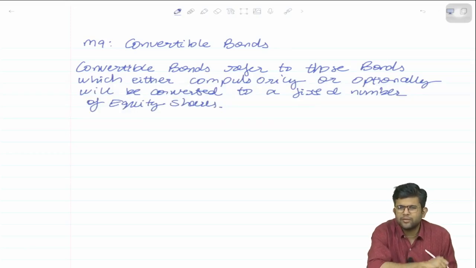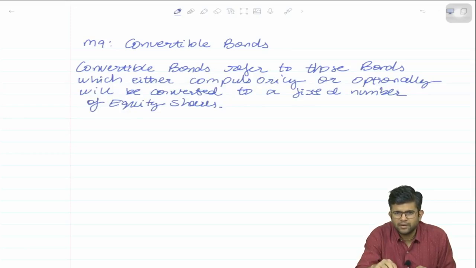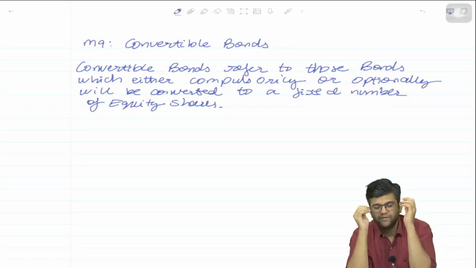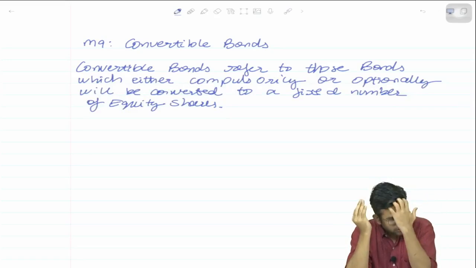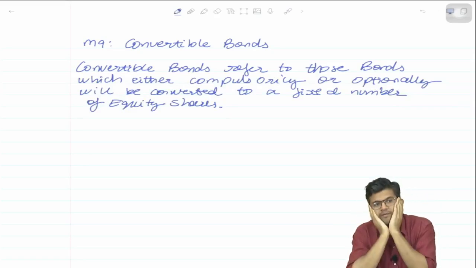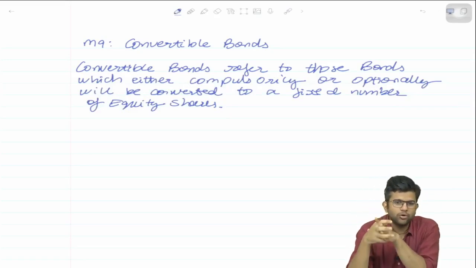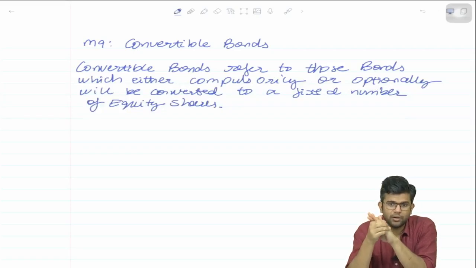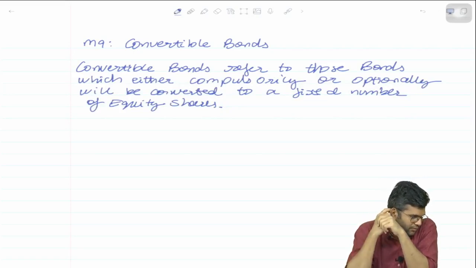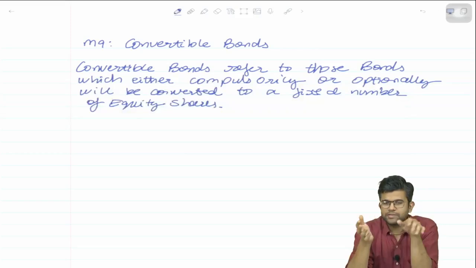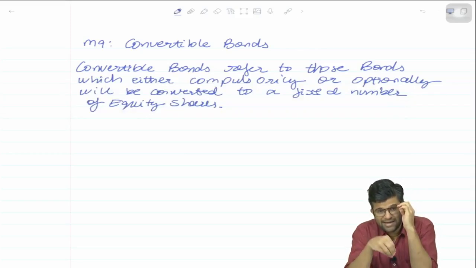Convertible bond, now language you must have heard of this convertible. Convertible means it can get converted to equity shares, correct? How many shares every bond will convert to, that is also fixed. They will tell you at the start only. So generally, convertible bonds are issued by startups and new companies, because see what happens if a startup wants to raise money. At that time only,